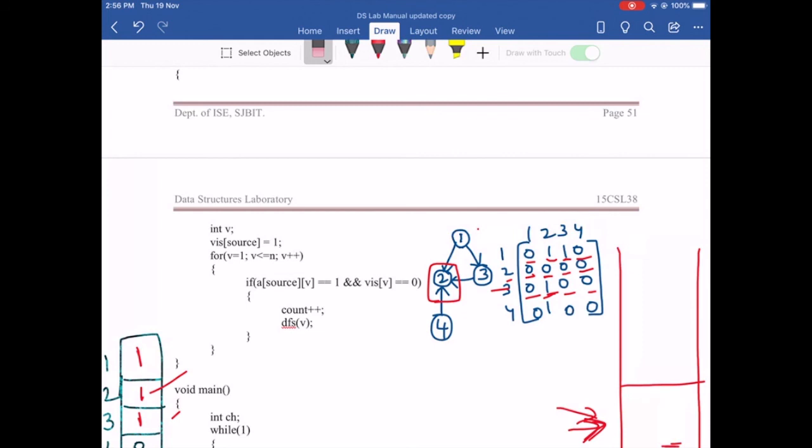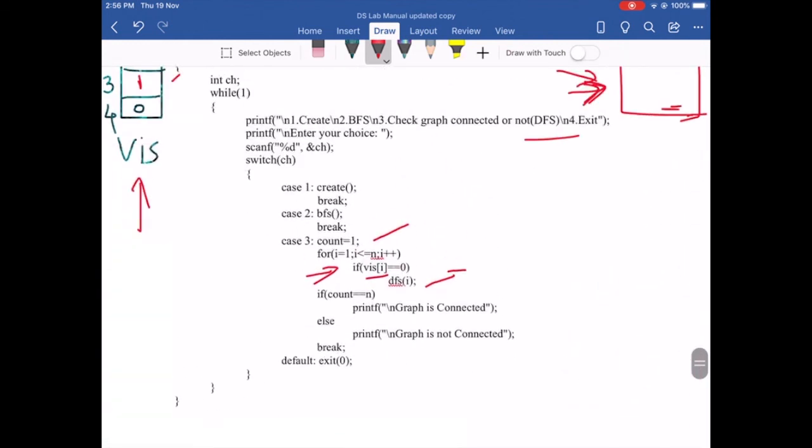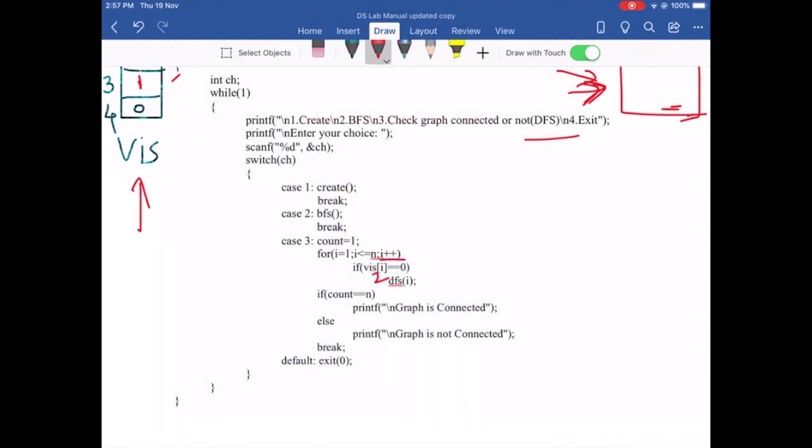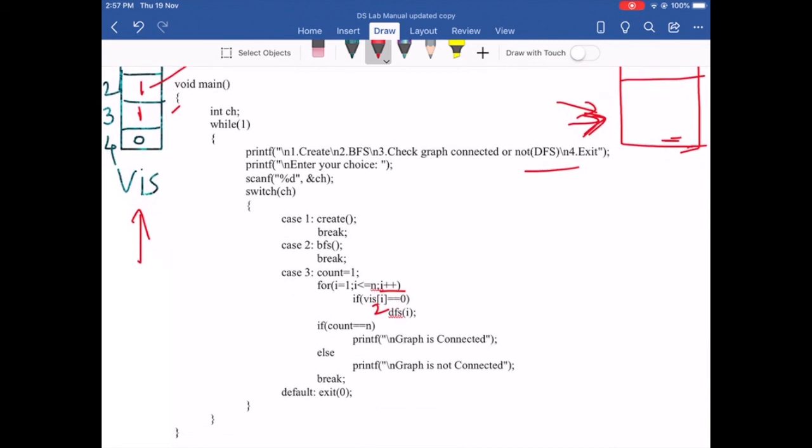Since you are done with this particular iteration, even this will be popped. Now go back to your program from where the DFS function got called. So we will go back to the main function. If you remember, we had only called from the for loop by passing the value of DFS as 1. Now you are going to increment the value of i in your for loop. So i becomes 2. You will check if visited of 2 equal to 0. As you can see, we had actually visited the node 2 previously. So that condition fails. Now you will increment the value of i one more time.